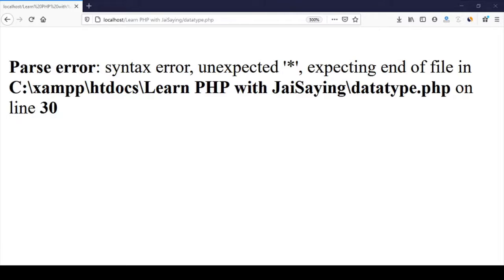I was going to execute it like a normal variable. In case of an array, we can't execute it like a normal variable. We have to change the syntax. And what will be the syntax?